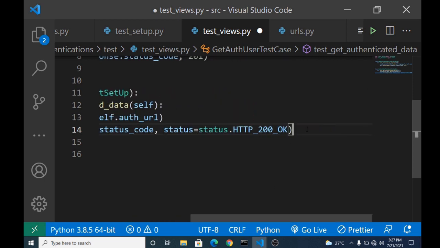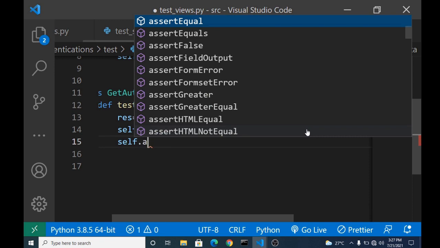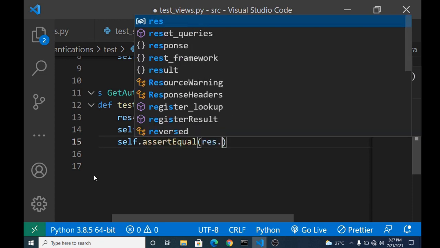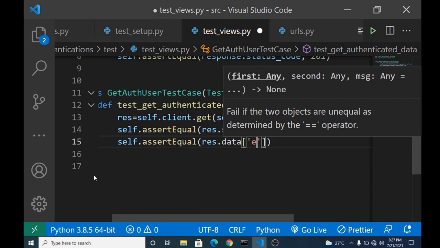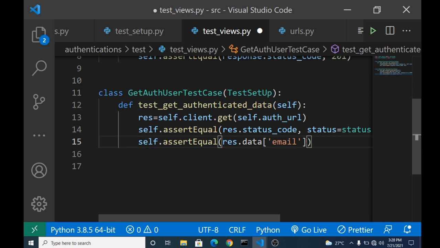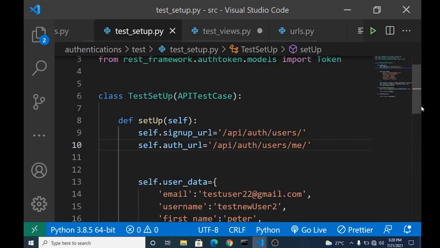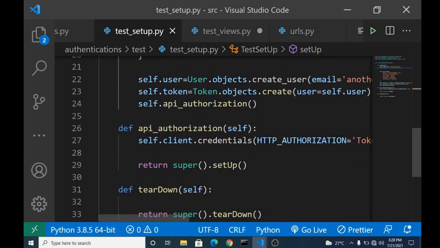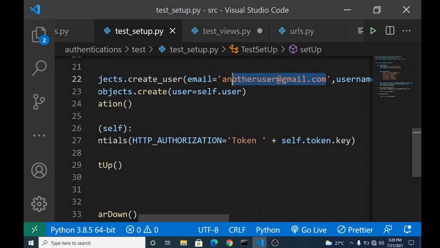So we can also check for self.assertEqual, the response.data, and want to get the email field. If the email that is going to be returned by this user object is equivalent to the email here. Alright, so we can just grab this email,